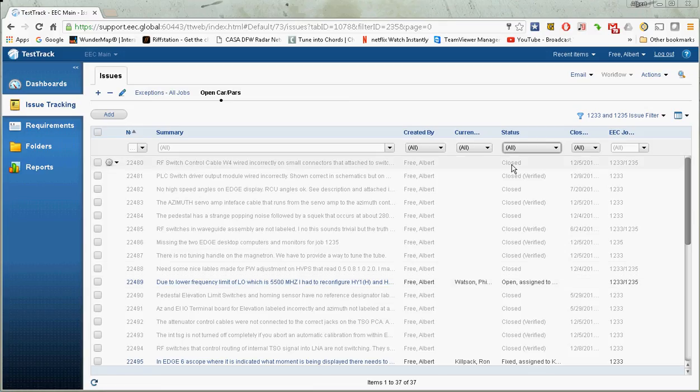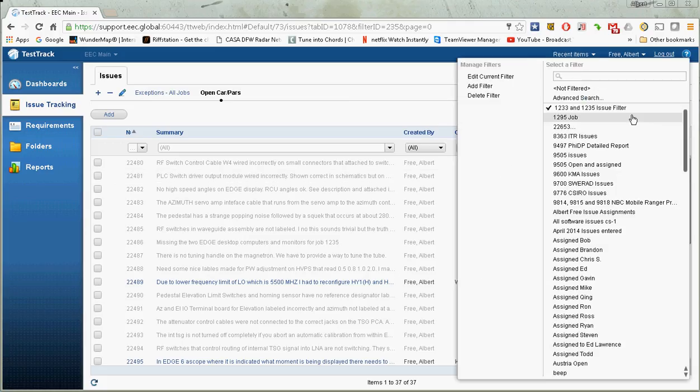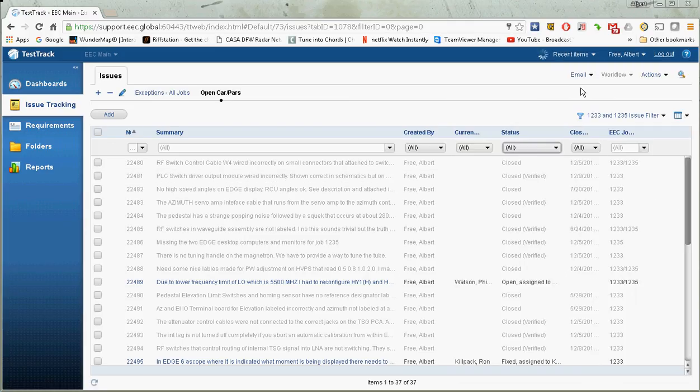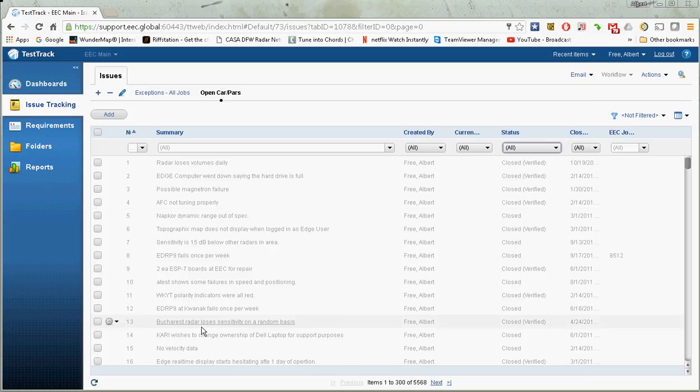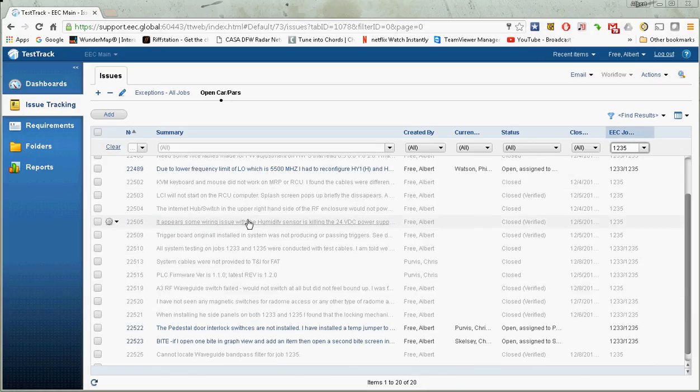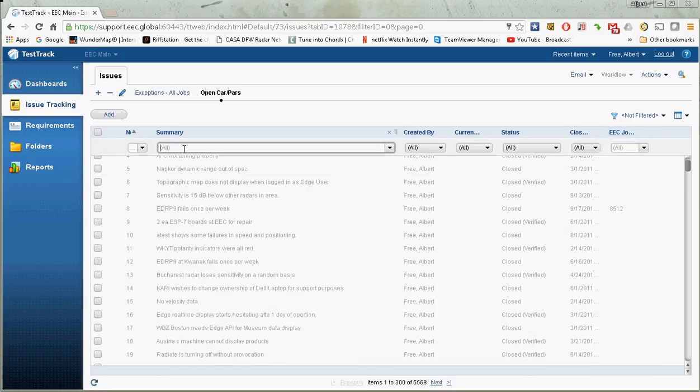So first thing I want to do is just clear my filters, search. Okay, gives me all of my issues. I go over here, in this case I'll use the same example, job 1235, search, and sure enough there it is. Let's clear that search. And let's say I want to search for it by summary. I cleared the previous search, which was searching by job. Now I'm going to search by